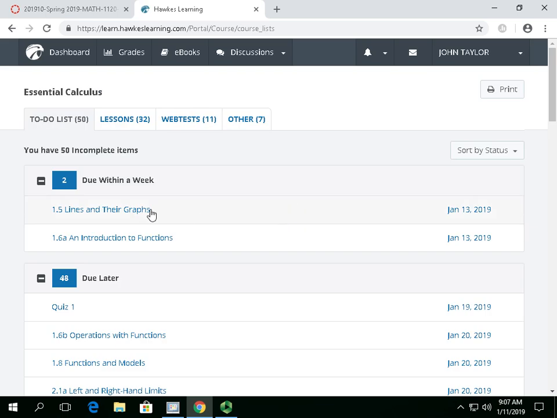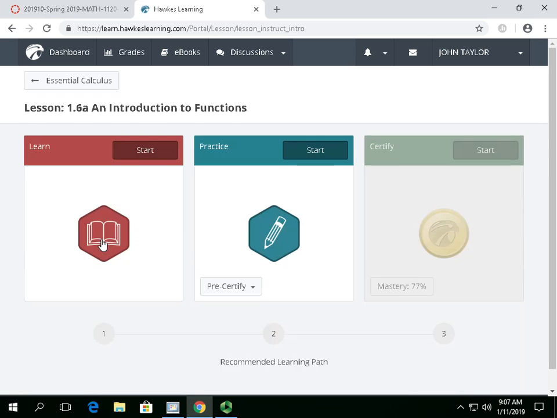And right in here, I'm viewing the course, and this is what we did last time, lines and their graphs. This one, I'm doing section 1.6A here today, the introduction into functions. And again, we have, within the learn mode, you can go and start this thing. They also have their embedded videos in this thing where some of the stuff that we're doing that connects to the learn mode is in there. So I want to kind of point that out.